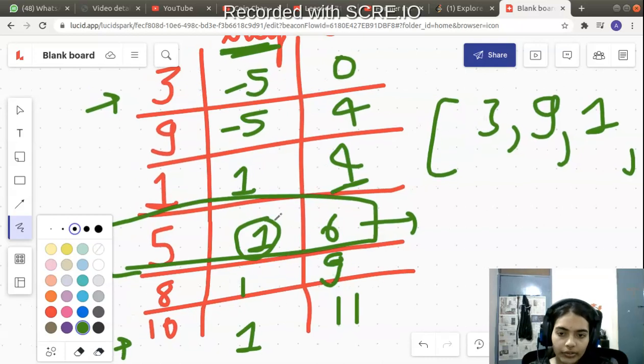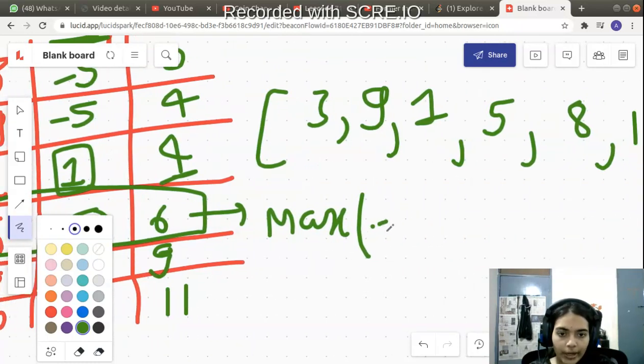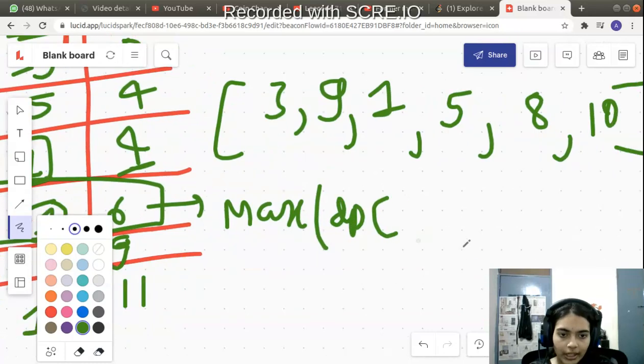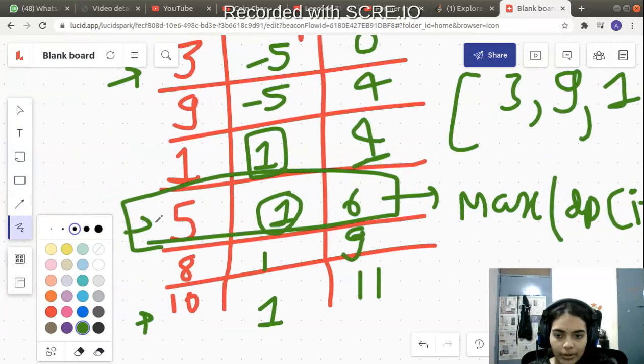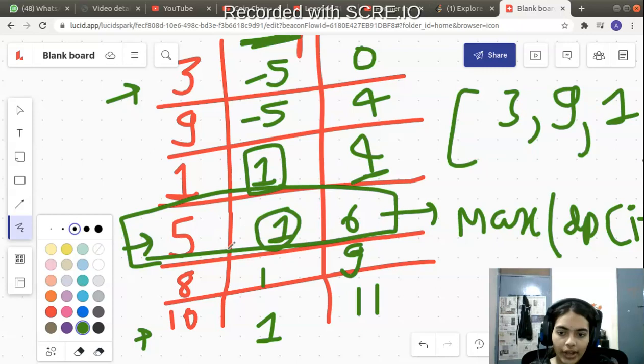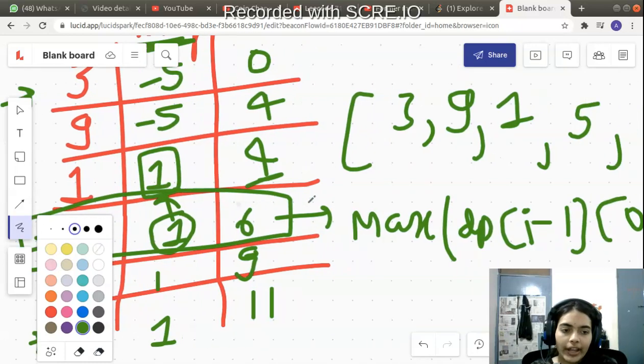So if you are holding the stock from before, then you are just going to look at one data entry above. Okay, so let me write. For filling this particular column, I have to take max of what? Just the column above. If my table is called dp, and I am at the ith row, this is dp of i comma 0. To fill dp of i comma 0, I will look at either dp of i minus 1 comma 0, which is this one, meaning holding the stock, or I will buy a new stock.